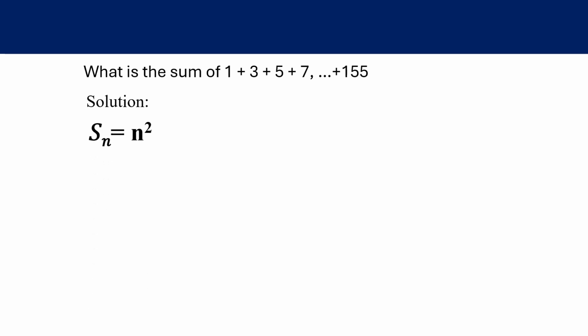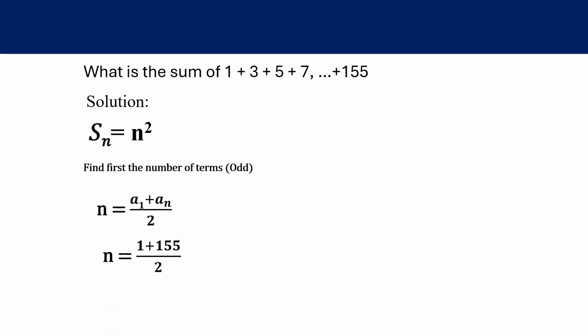Okay? But do we know what is your n? So yung n hindi natin alam. Again, the number of terms is n, and it is not 155. It's not 155 because we're missing 2, 4, 6, 8, 10, or the set of even numbers. So, how do we find n for odd numbers? Let's find n. N is equal to a sub 1 plus a sub n divided by 2. Since kalahati nga naman siya ng given, di ba? So, the given set, 1 to 155, yung kalahati nun, that's your n.